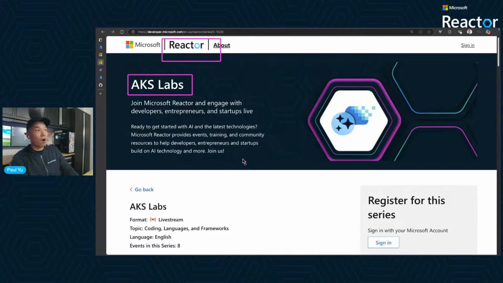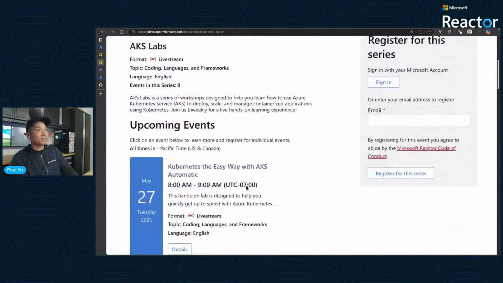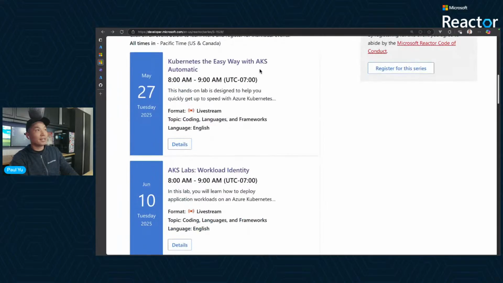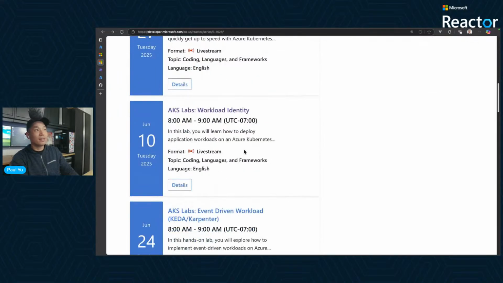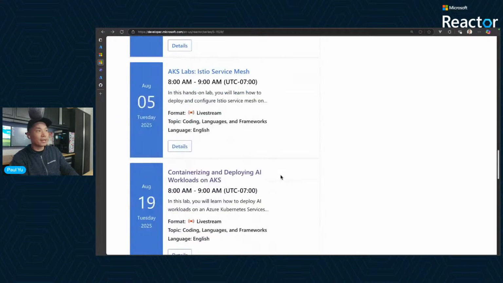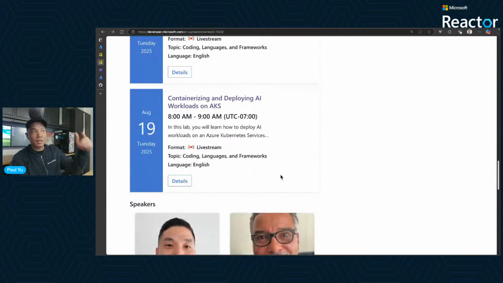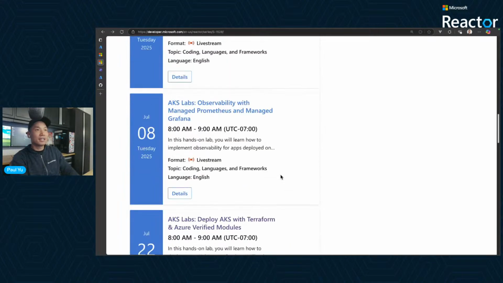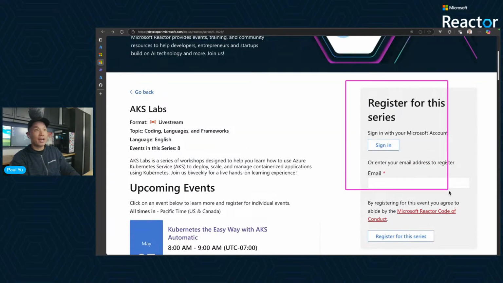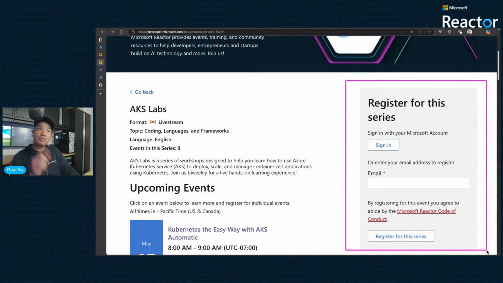This is the session that we're on. And then down here is a list of all the upcoming events, right? So we have today is the Kubernetes the Easy Way. We have workload identity coming up. We have a whole bunch of labs coming up. So, and they're scheduled to run all the way through the end of August. And so if you want to be reminded of this stuff, you can register for the series over here on